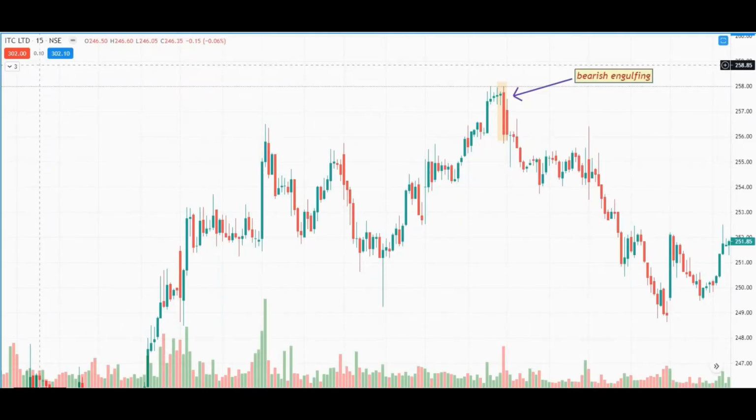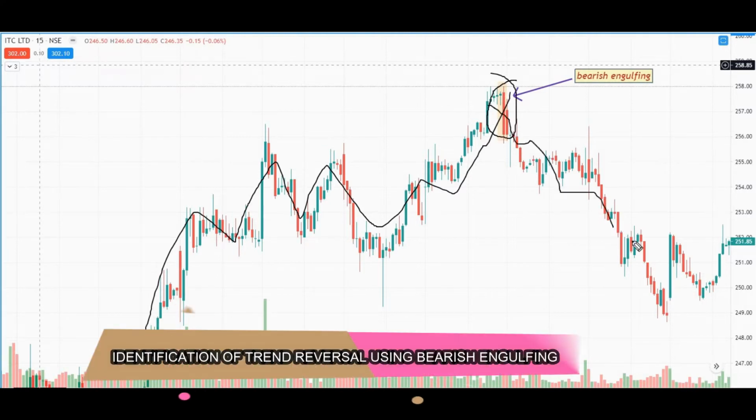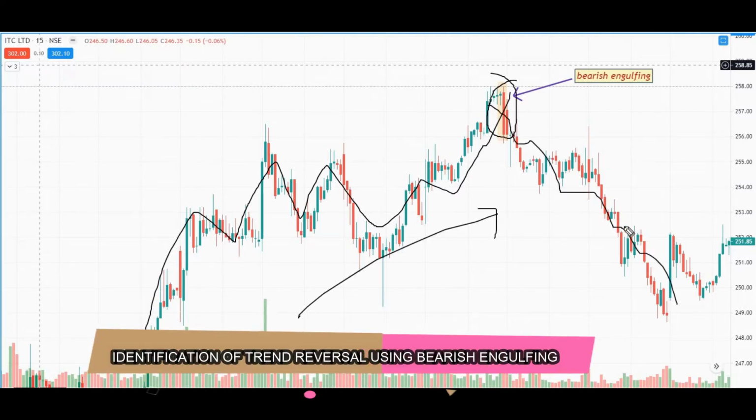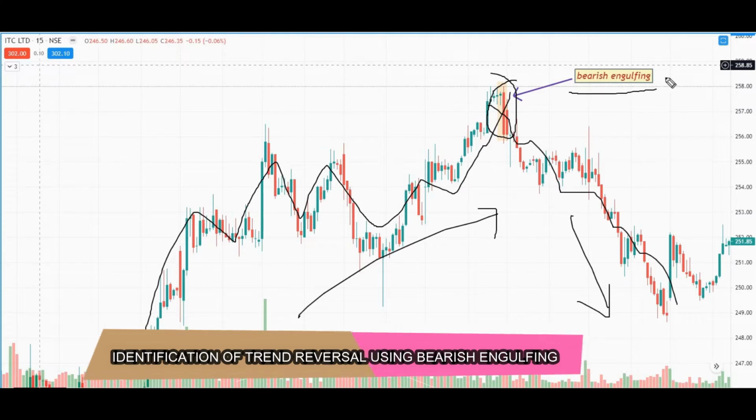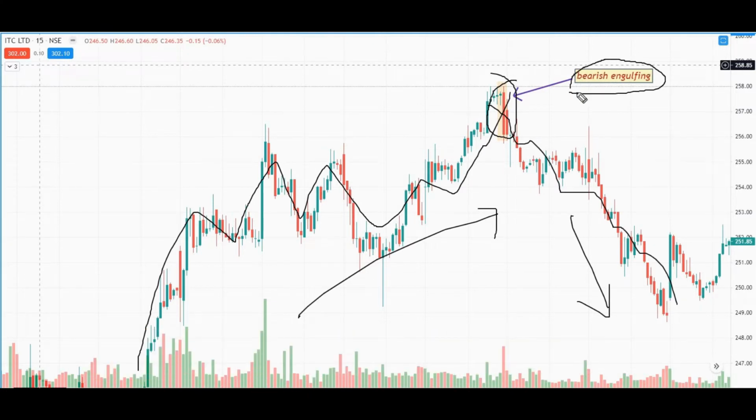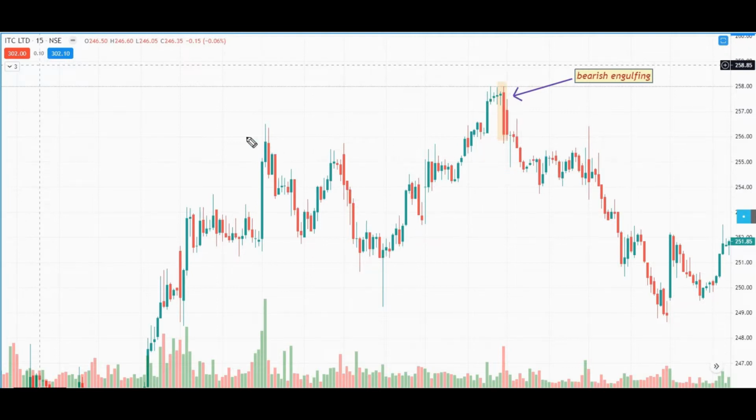So this is our first example. See, prices were in a very strong uptrend. Then we saw a bearish engulfing pattern and the trend changed from up to down, but we will simply not trade by just analyzing a bearish engulfing pattern. We will combine it with other confirmations like, see, in this chart, this was a very strong